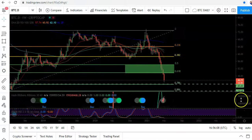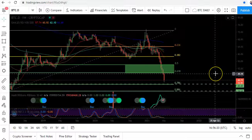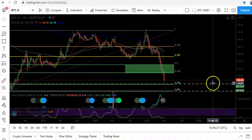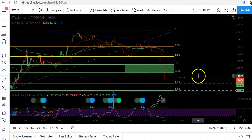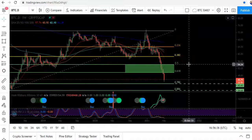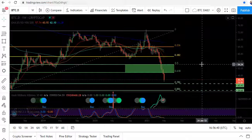SafeMoon. I don't really believe in these things, but sometimes I do buy into the hype. For instance, Doge, I just put $1,000 in a few weeks ago. I doubled my money, more than doubled. I took most of it out and then left some in, right? So that's the way we can work pump and dumps. I wouldn't really invest all your money into them, because when people are done, it's going to dump,